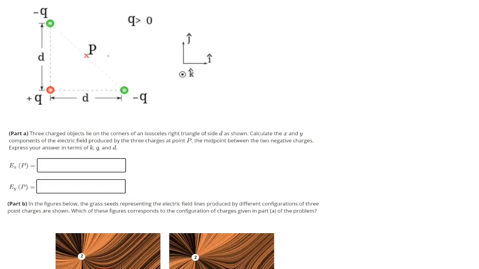Three charged objects lie on the corners of an isosceles right triangle with sides D as shown, and we're asked to calculate the x and y components of the electric field produced by the three charges at point P, which is the midpoint between the two negative charges. So if we choose our origin at the positive charge, with the positive x and y directions as shown,